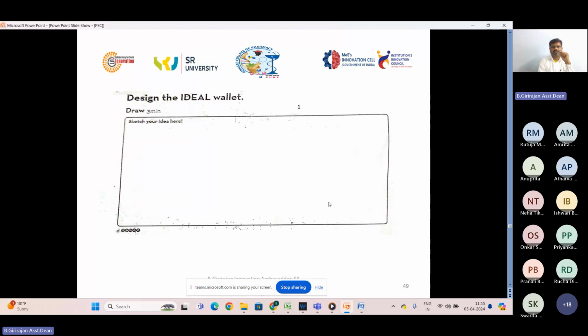Now your friend will be the consumer, and he will give some input: I want a wallet with GPRS tracking, or I need some tracking system, I need a coin pouch in the wallet, I need a place for an ATM card or debit card, or I don't want the ATM card or debit card section here, because now we have virtual cards. Or you can go with a low-cost product related to your pharmaceutical applications.